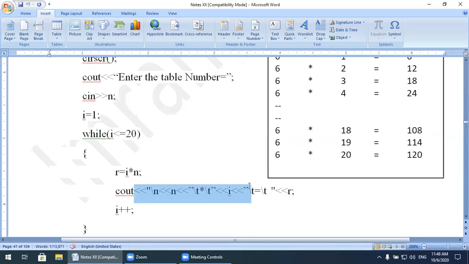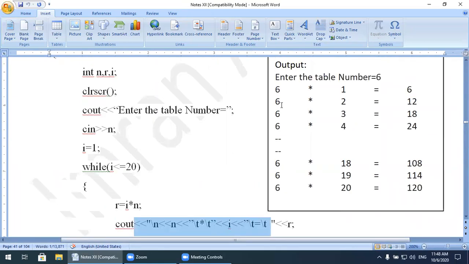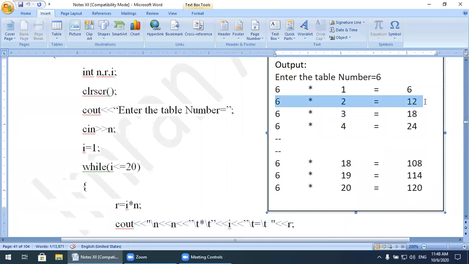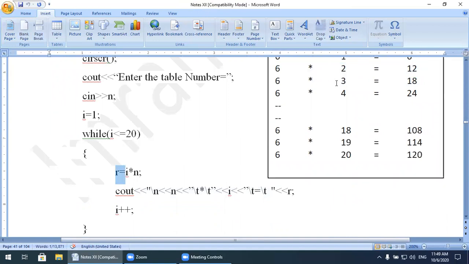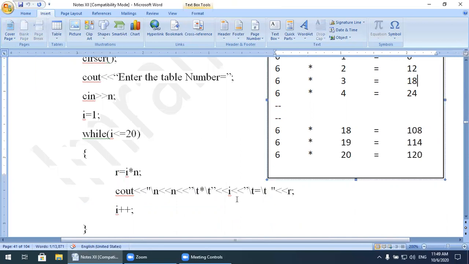So again this process: 6 multiplied by 2 is equal to 12. The value of i will be increased to 3, 3 is less than 20, then again this process, 6 multiplied by 3 is equal to 18, will be displayed. This process will continue up to 20.